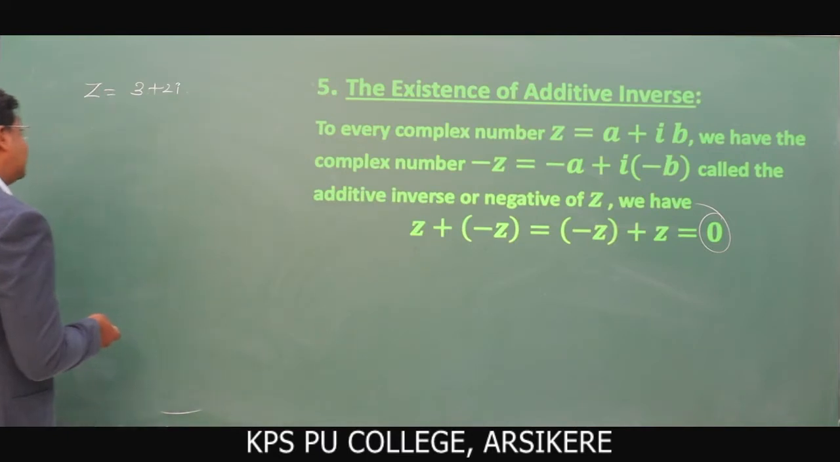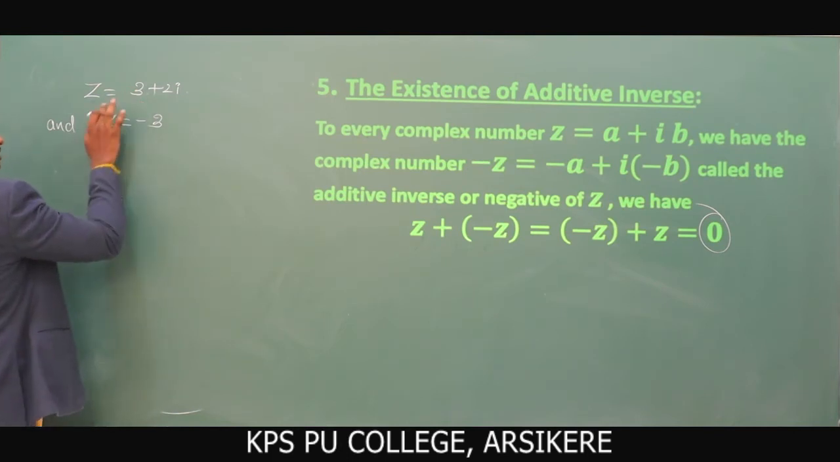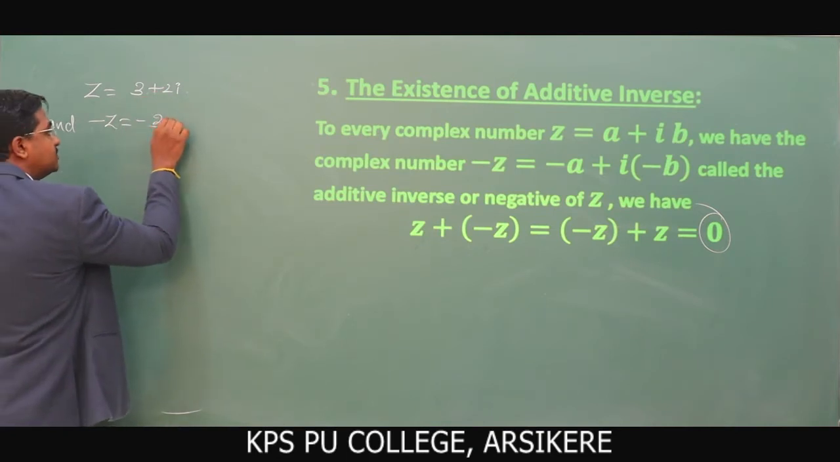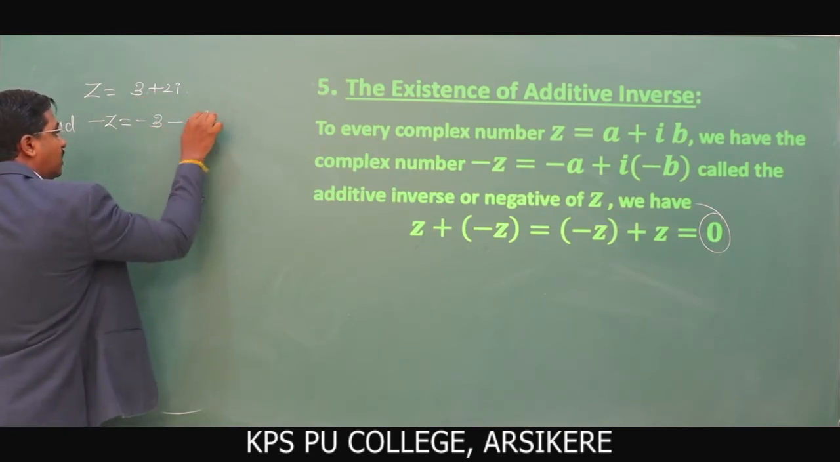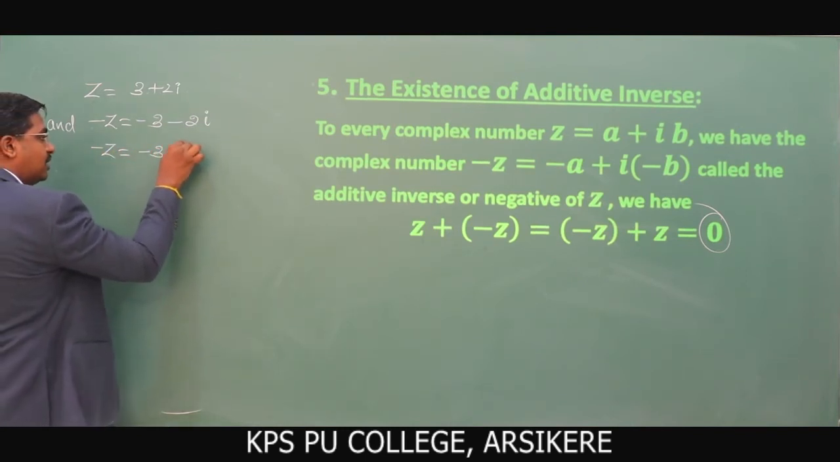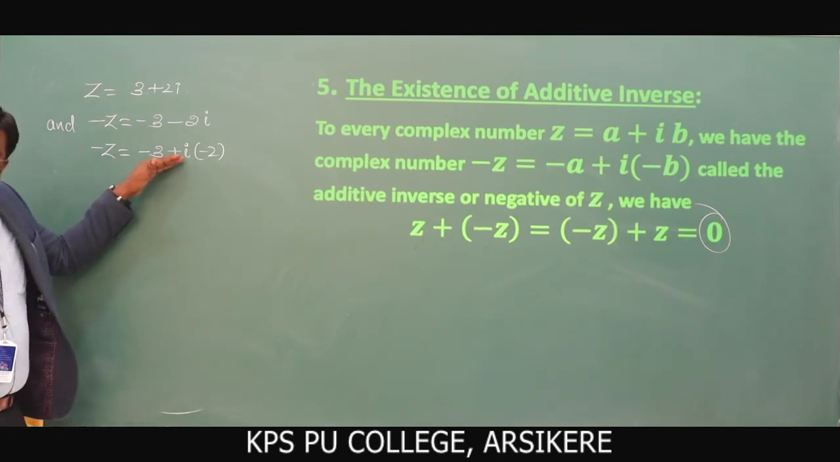Now we'll discuss this with an example. Here z = 3 + 2i, and -z is obtained by multiplying by minus: minus into plus becomes -3, minus into plus becomes -2 into i. We can write this as -z = -3 + i(-2). This is the case. Do you understand, children? So now